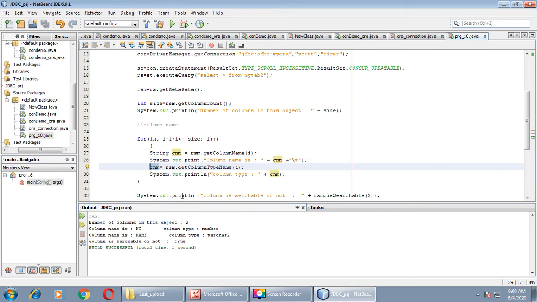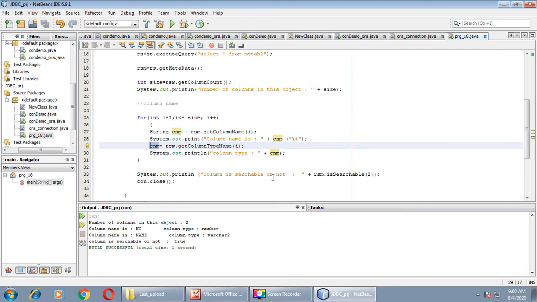Then through System.out we'll print the result of cnm.